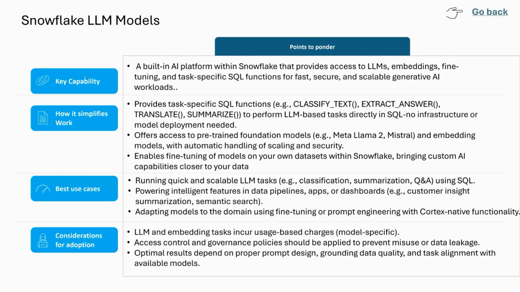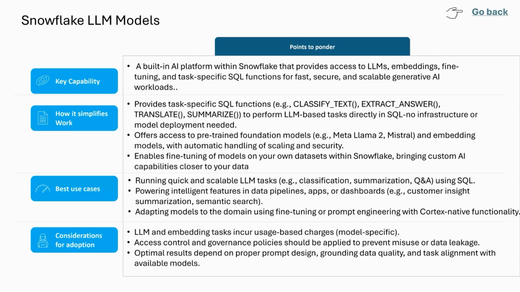And also in terms of the industry standard models like Mistral, Llama, Meta, and even DeepSeek, the Cloud, Anthropic, all the different models are supported by Cortex AI. It is able to simplify a lot of activities whenever we are building generative AI applications.